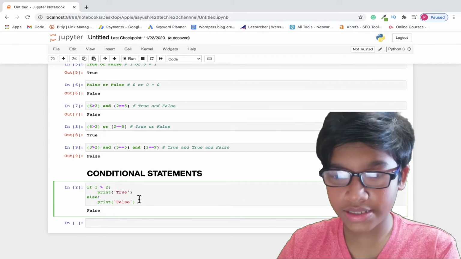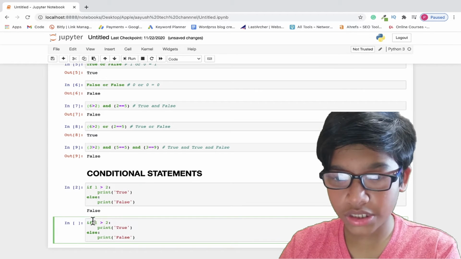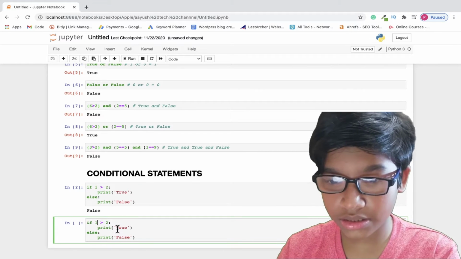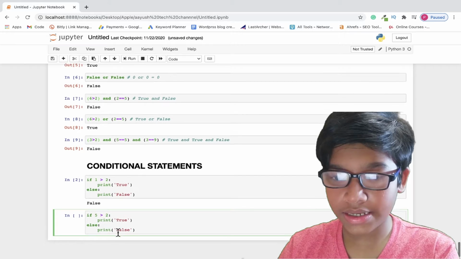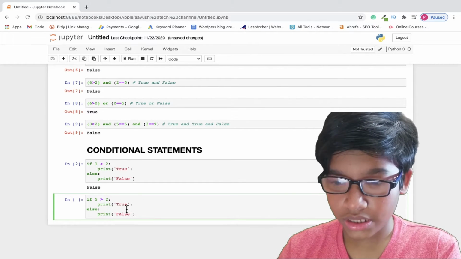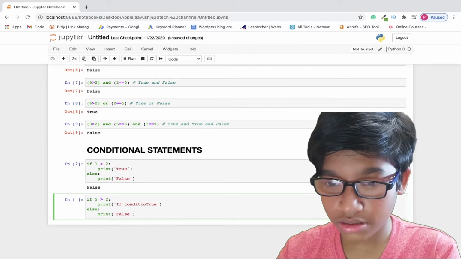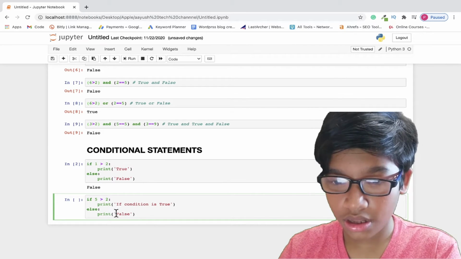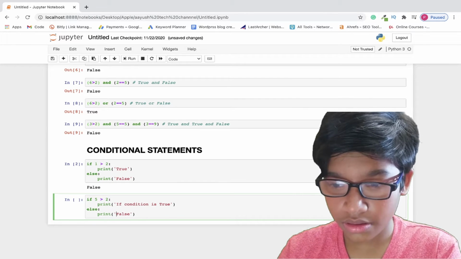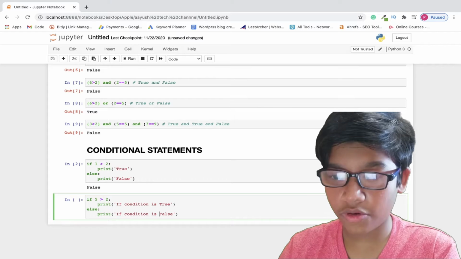So now let's take another example. Let me copy this and paste it here. Let's change this back to 5, so it is if 5 is greater than 2. Here it's writing print if condition is true, and here else, if condition is false.